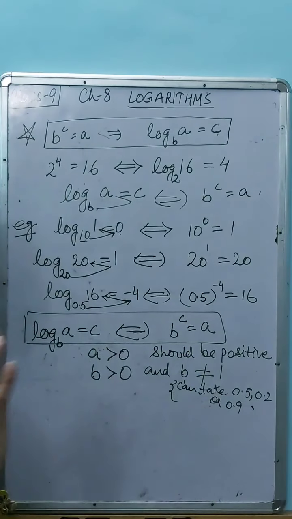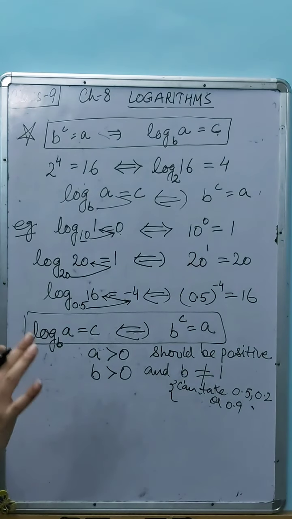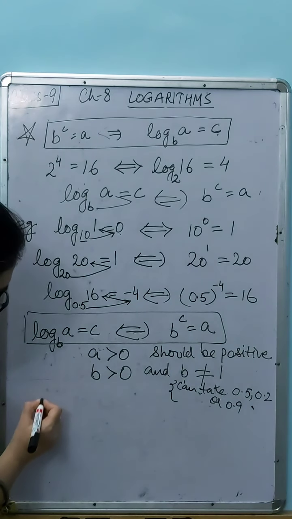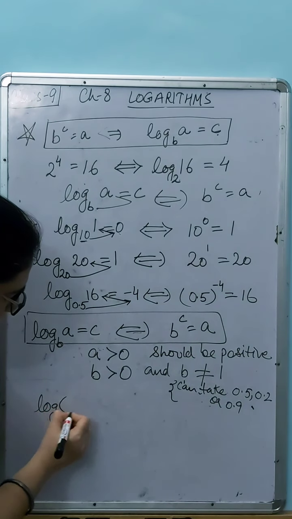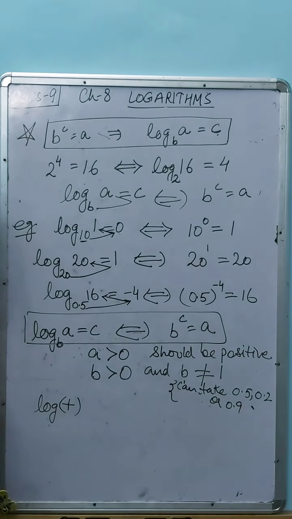Decimal numbers can exist, and it should always be positive. A cannot be negative. Log and the number associated with it, this number should never be negative. It should always be positive. No negative of log exists. Anytime you get the answer in negative, or you have a question like log of minus 2, you have to write it doesn't exist.